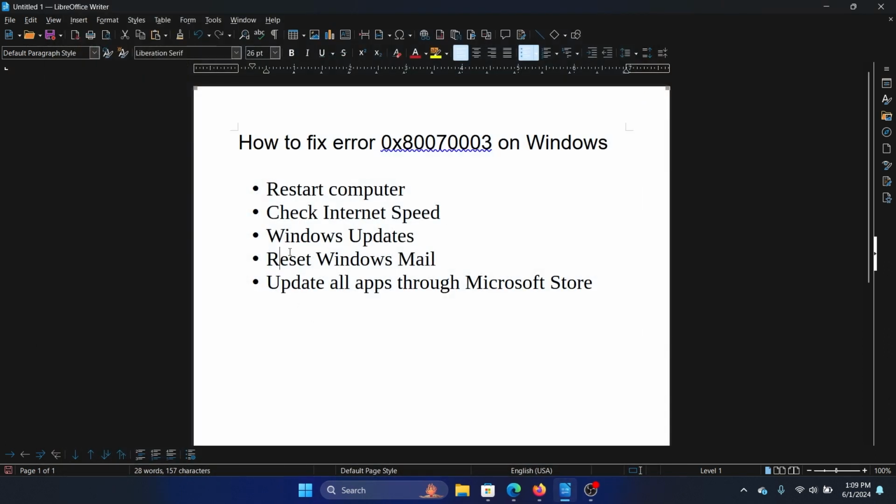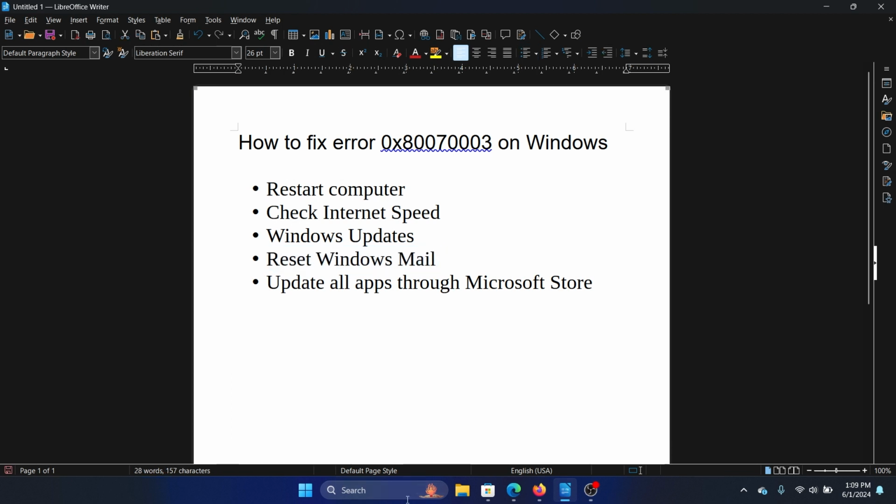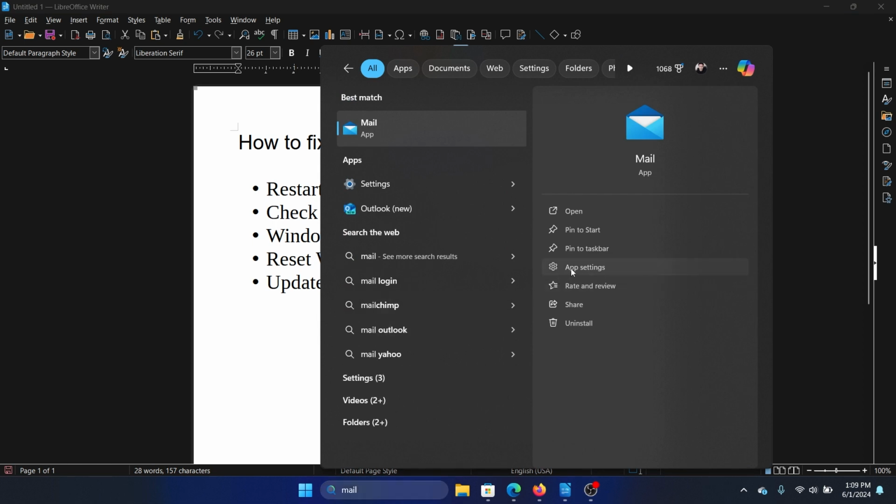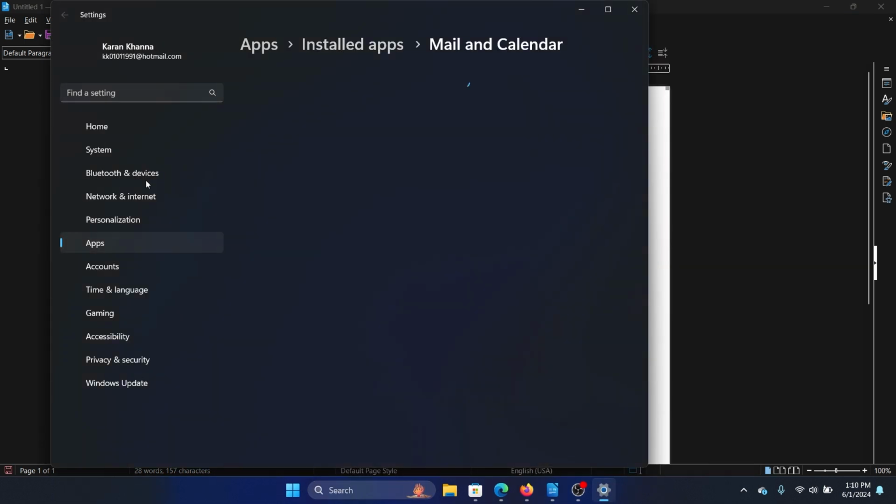The next solution is to reset Windows Mail. How would we reset Windows Mail? So search for the Mail app. Click on app settings in the right pane and then